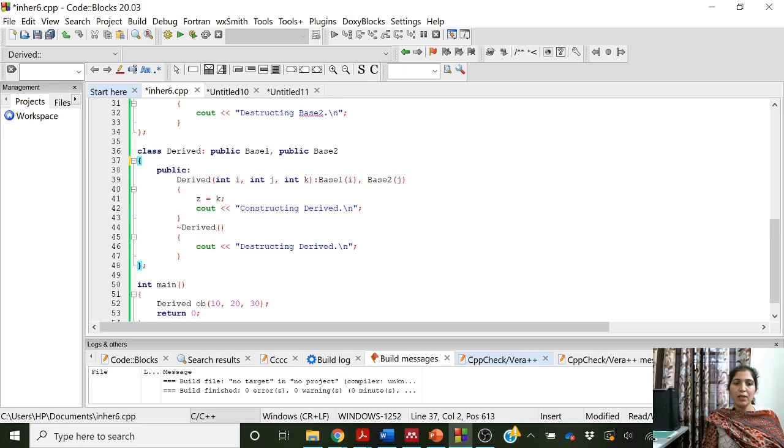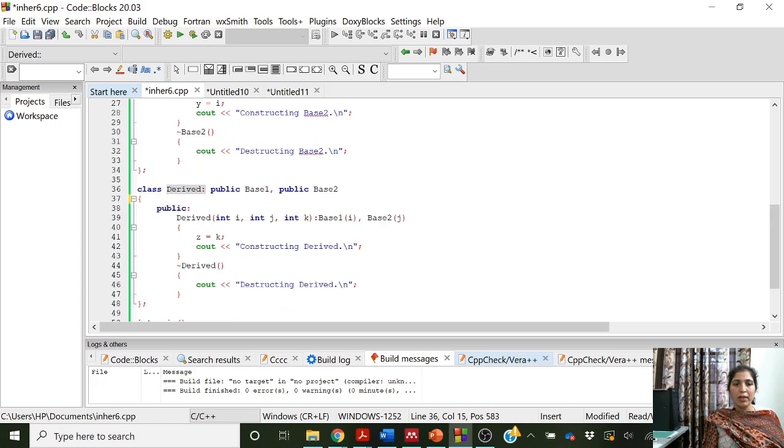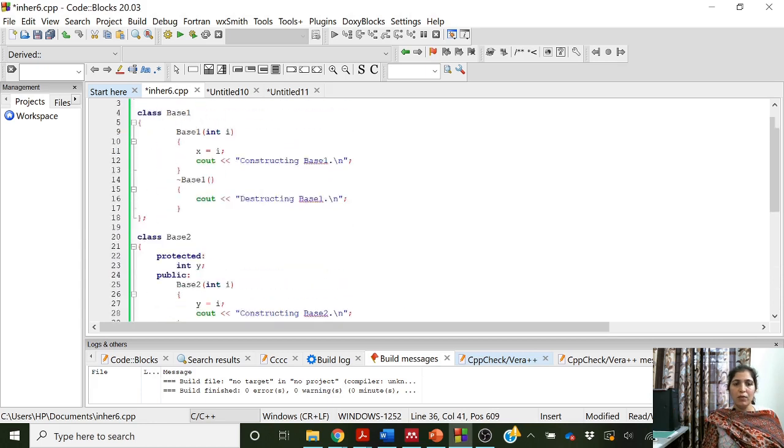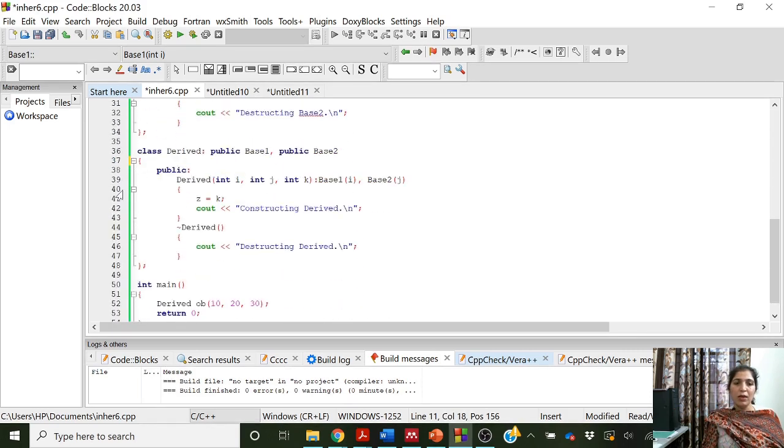Okay, then what is the requirement of constructor here? There is no requirement, but because it is deriving from base 1 and base 2, which are having constructors to initialize their data members, so even if we do not need any constructor in the derived class, still we have to make one if we want to initialize the members of the base classes.